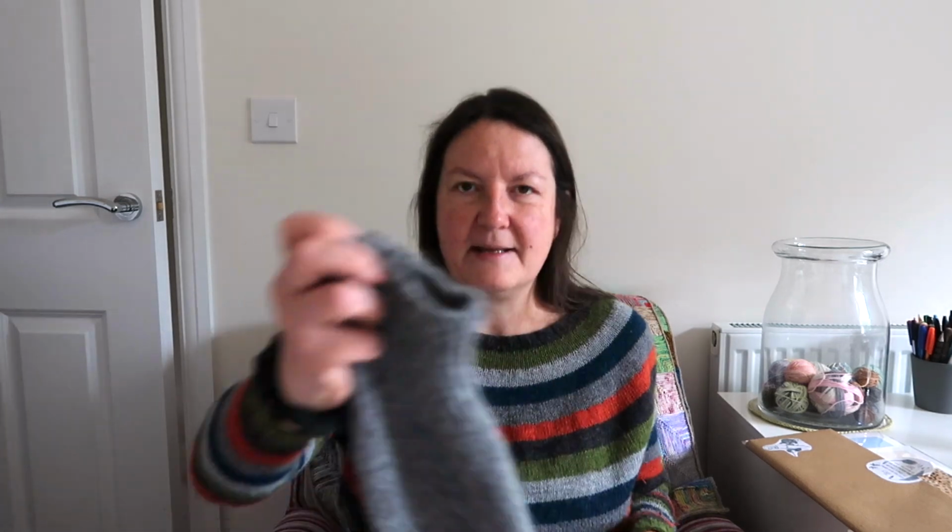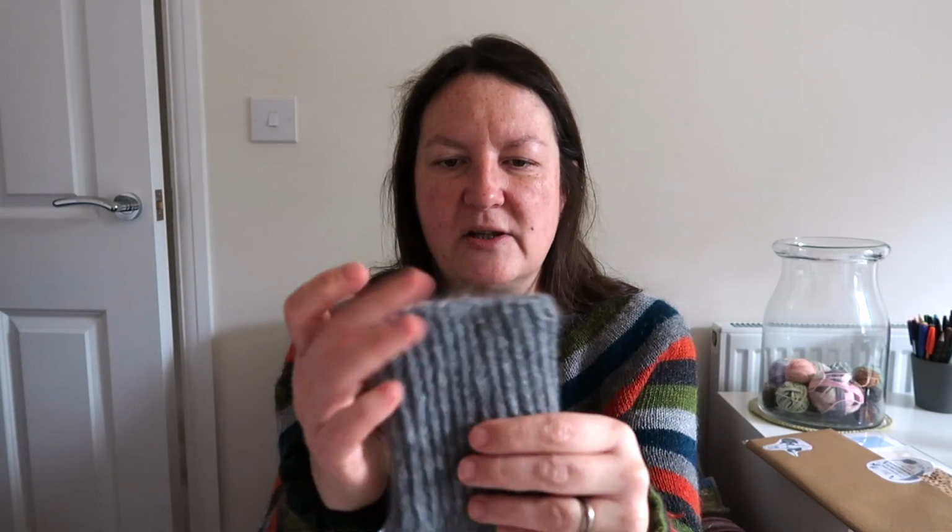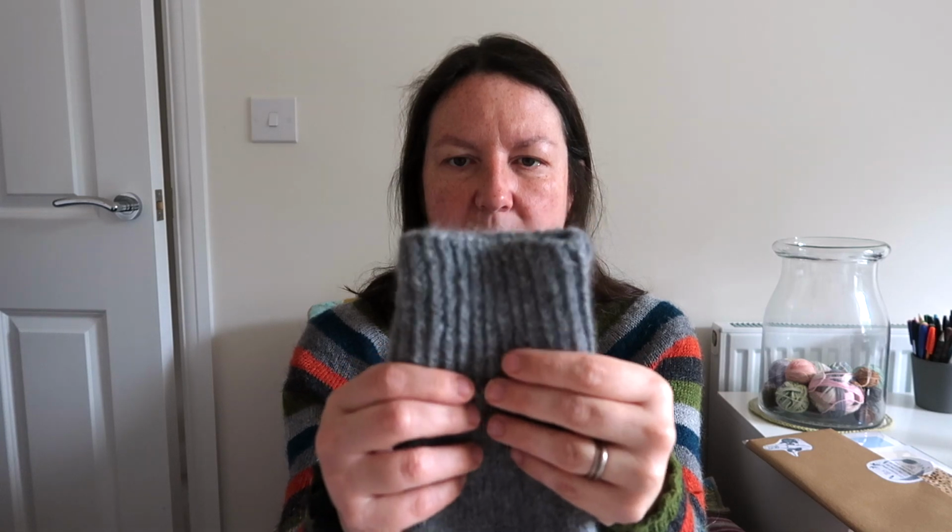The bind off that I used was Laurie's Twisty bind off, which is a knitted bind off, and you do a little twist of the needle at one point through the process of each stitch. Really easy and really effective. Let's see if I can show you. It's still got a nice twist, a nice stretch to it, but it's quite a firm and stable bind off, so it doesn't flare out,